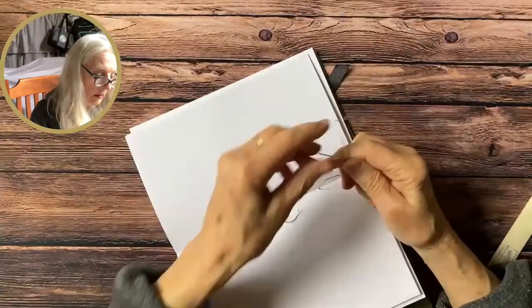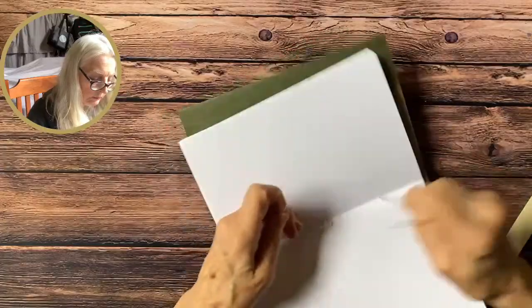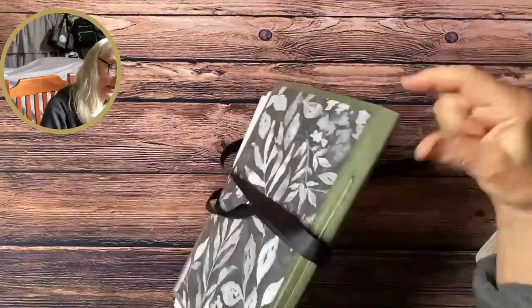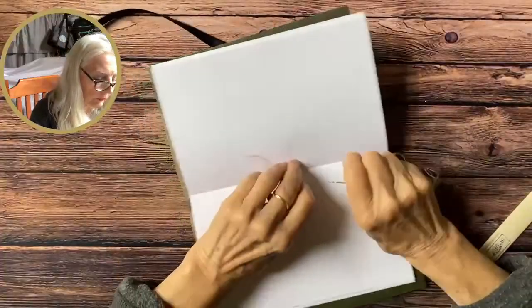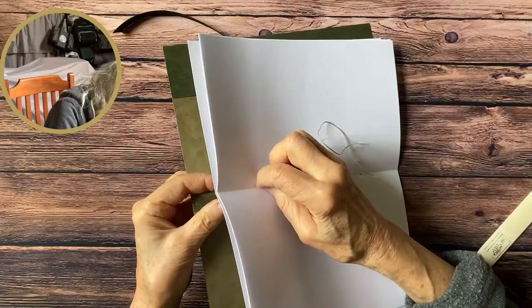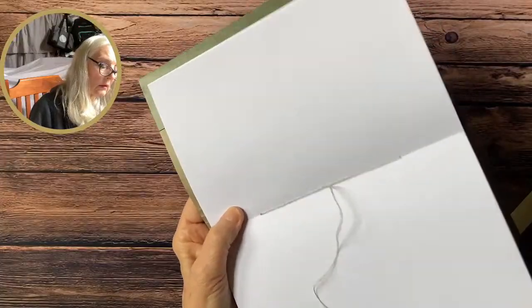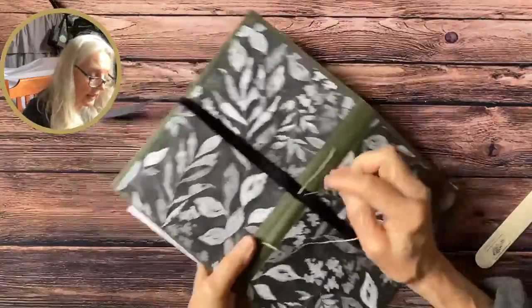Okay. I'm just going to give that a little tug. Make sure that my stitch is nice and smooth on the outside. Now this time I'm going to go all the way down to the other end. Okay, and I'm going to go through the exact same hole